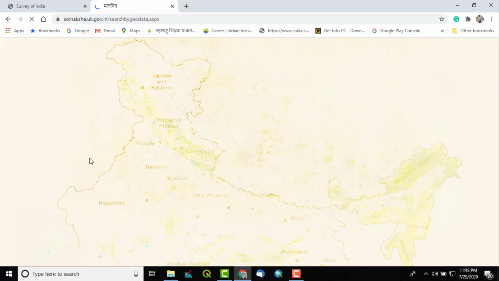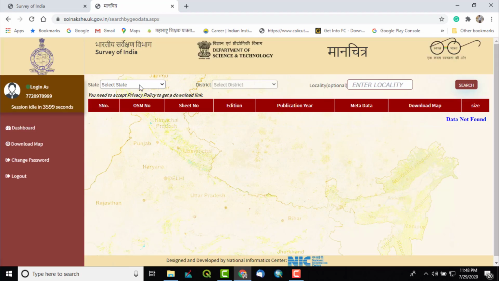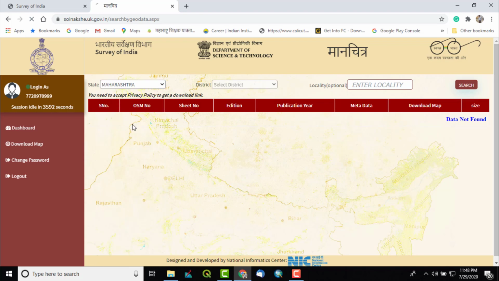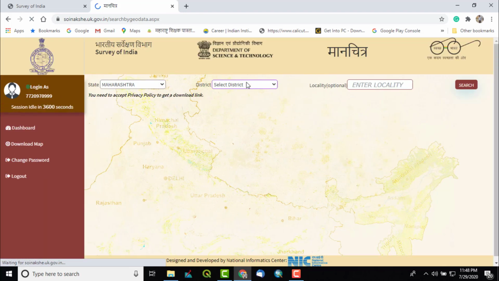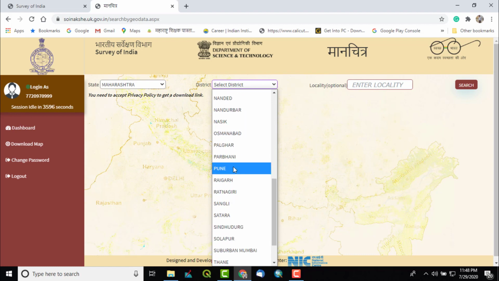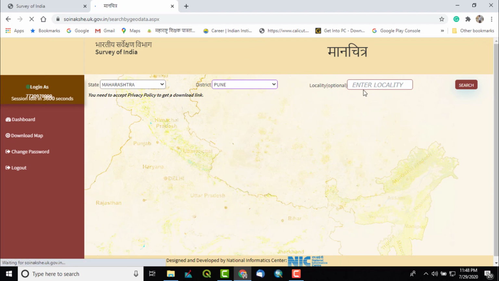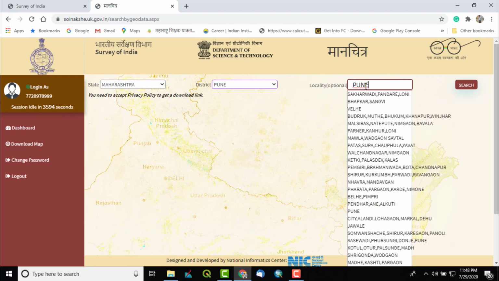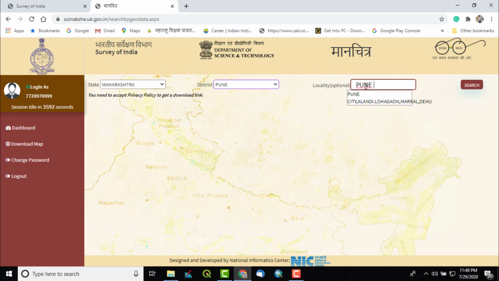Here we have to put the area name, so first we have to select the state. Suppose I want to download from Maharashtra state, and in that suppose I want to download for Pune district, and locality, say, Pune city.